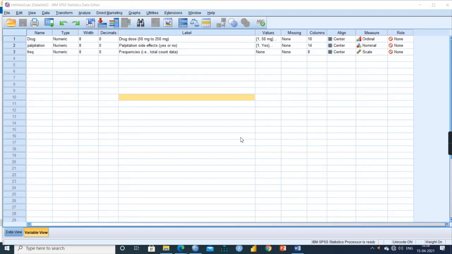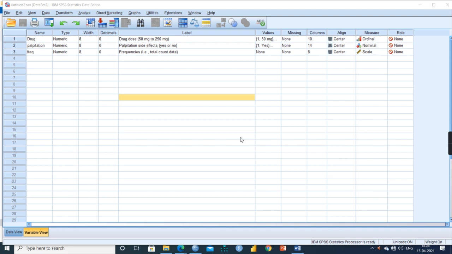Now we are going to discuss the Cochran-Armitage trend test. This Cochran-Armitage trend test is basically used to calculate the linear trend relationship between a dichotomous dependent variable and ordinal independent variables. So it is mainly used to find the linear association, or linear trend pattern, between a dichotomous dependent variable and ordinal